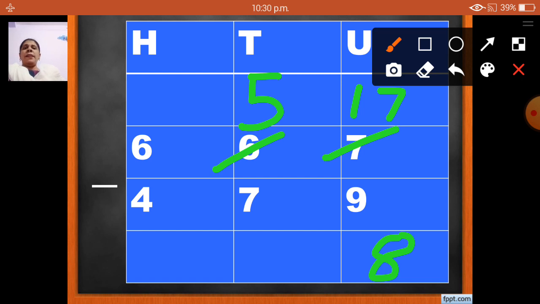Now here 5 minus 7. 5 is again a smaller number, so we will cut this 5 and make it 15. Okay, 15 minus 7. And from where did I get this 1 to make it 15? I borrowed from 6, so 6 will become 5. So 15 minus 7. After 7: 8, 9, 10, 11, 12, 13, 14, 15. That means again 8. So 15 minus 7 is 8.